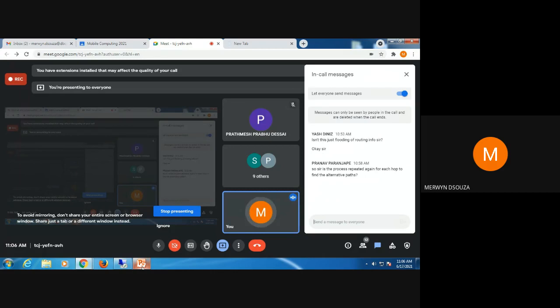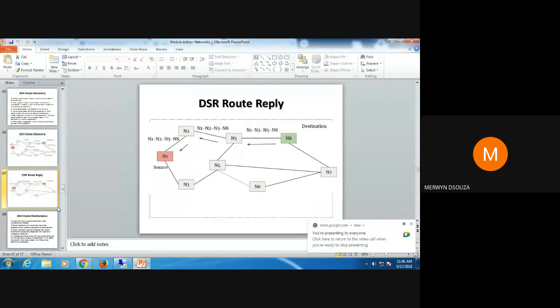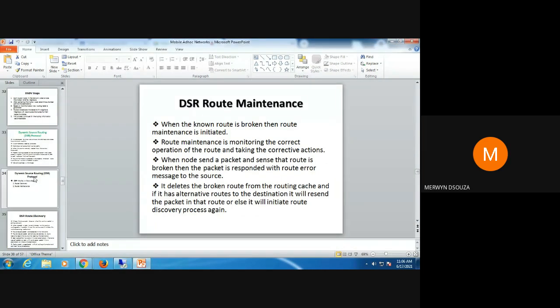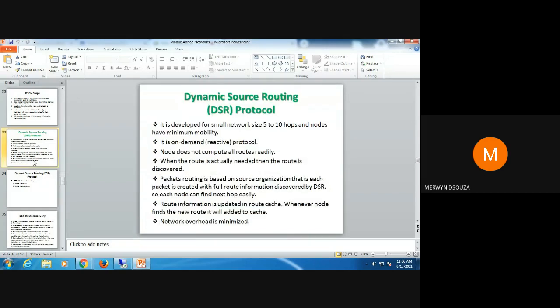So this is how your DSR algorithm works. Basically, these are the two steps: route discovery and route maintenance. In route discovery, two packets are used: route request and route reply. And in route maintenance, a third type of packet is used, the route error packet. Any questions for me before I go to the next algorithm? We are studying reactive protocols today. Two examples we will study, and the first one was DSR.